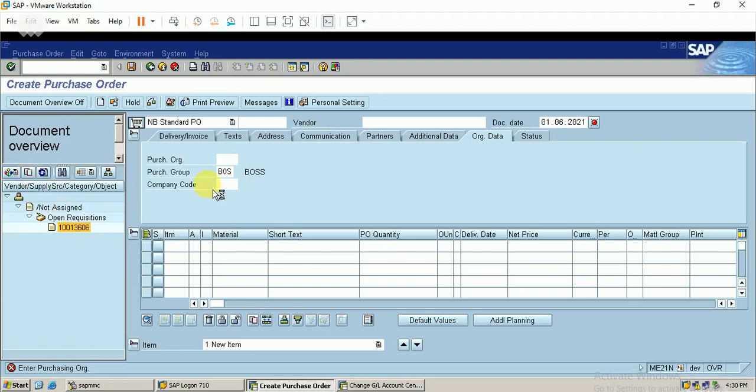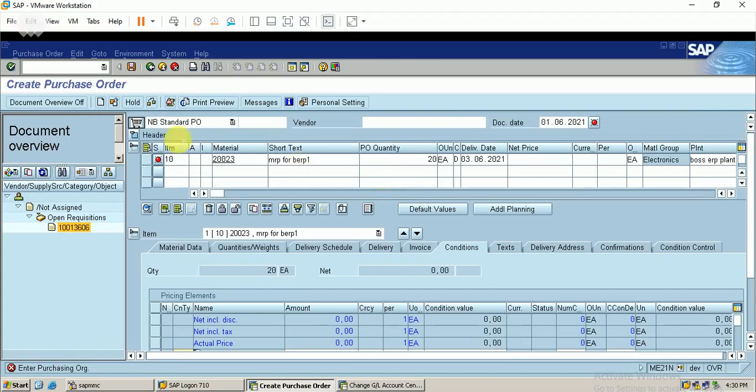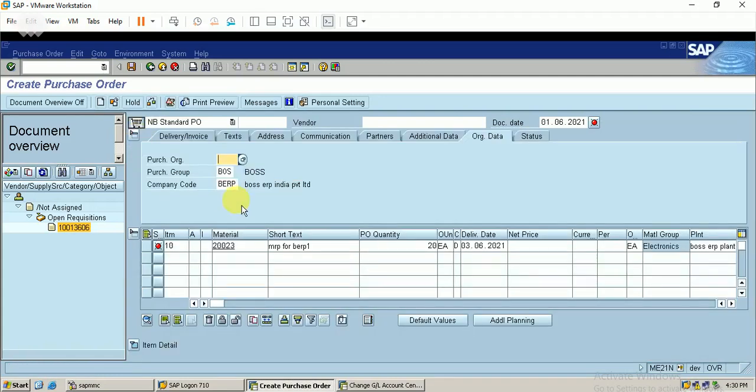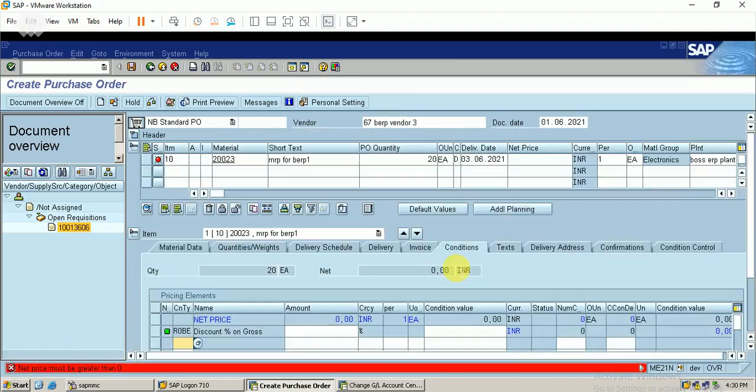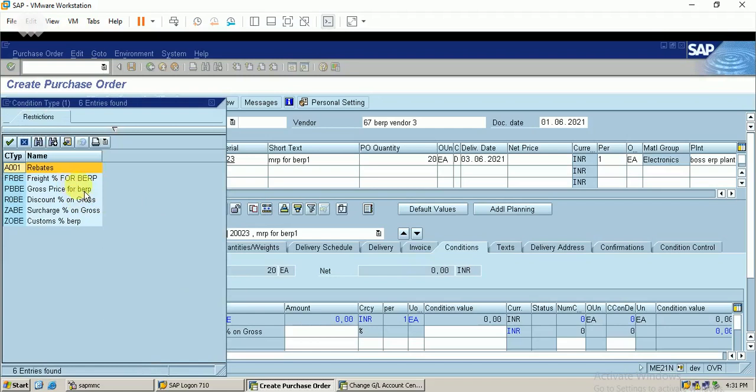When I click this, you can see that the parameters in this requisition will be updated in my purchase order. So you can see the material with the quantity 20. I just included my purchase organization, vendor number, clicked on enter. So net price, the pricing procedures.